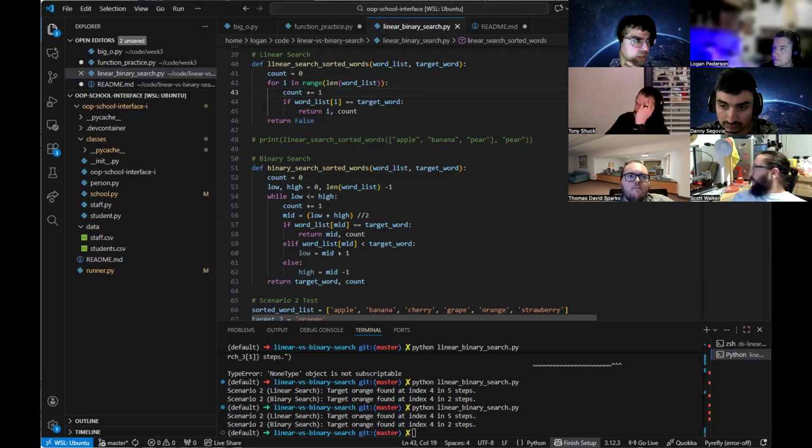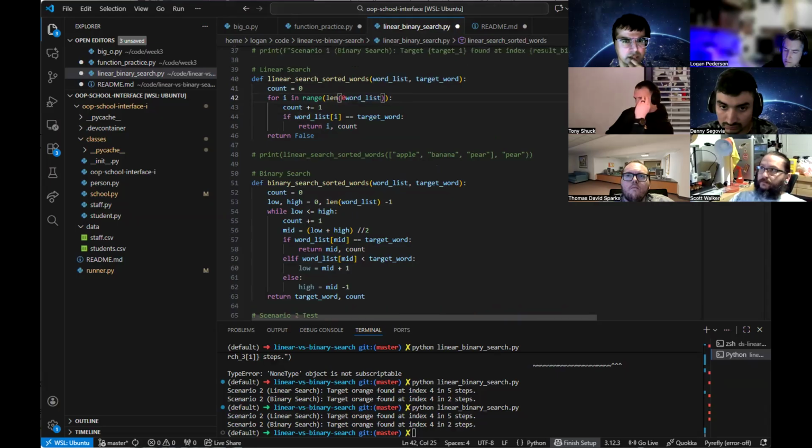On line 42, inside the second parenthesis, to the left of word, put a 0, comma. All right, go to the end of word list, comma, put a 1.